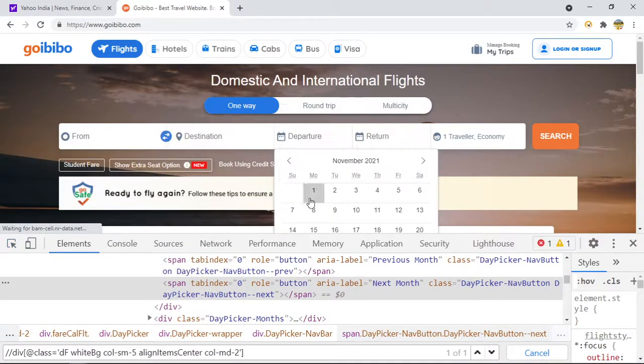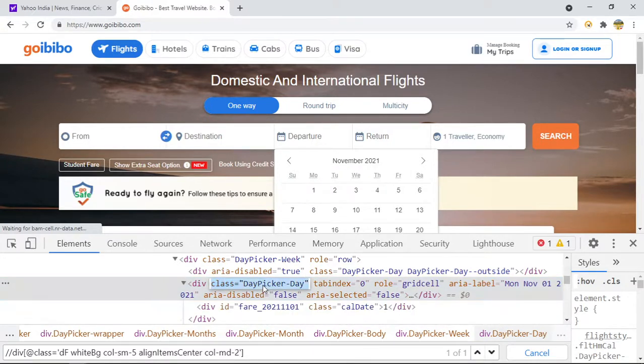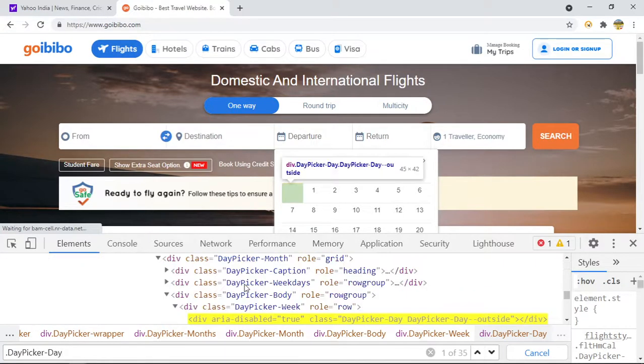If I inspect it, this is the class. Can I use this class? Let us check. The shortcut for CSS is dot class name. So it is able to highlight some dates.